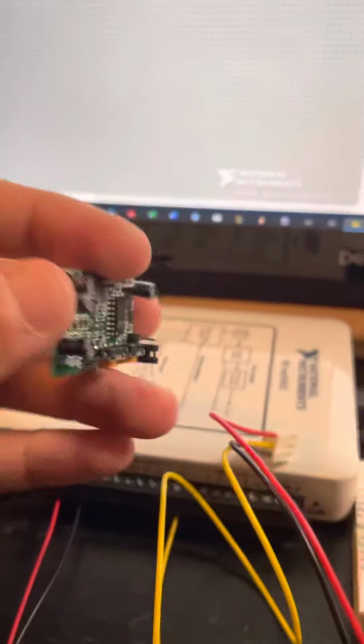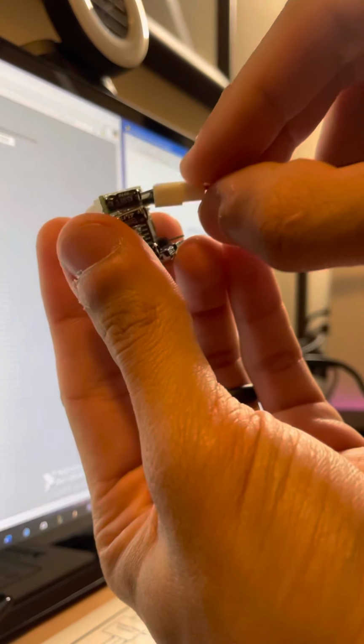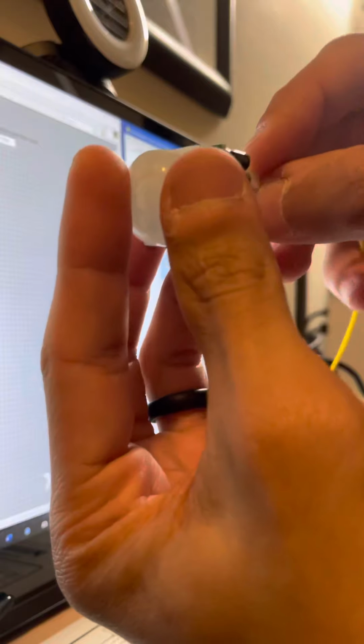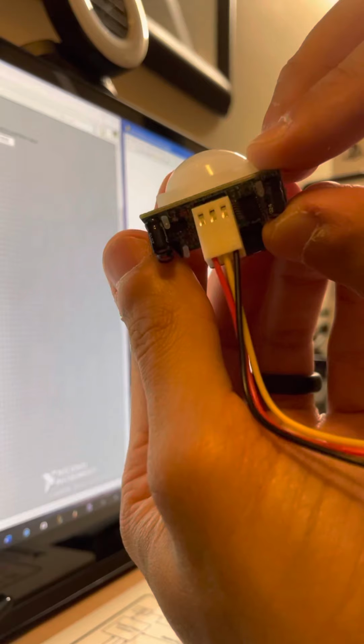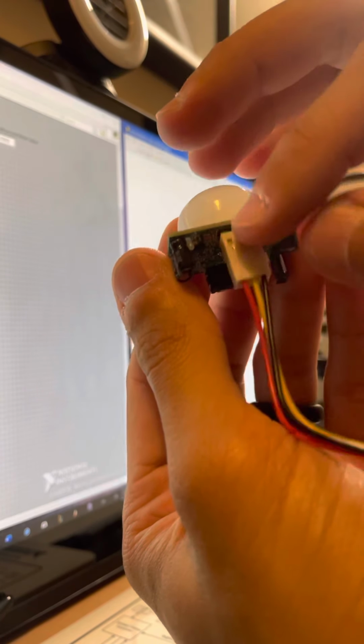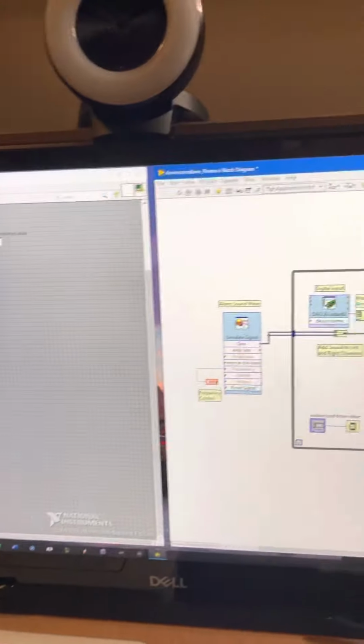So let's go ahead and put that back. We're going to put the 5 volt towards the left side since we already know that. Sorry about the video. I'm going to put my phone down over here while I'm connecting this, okay? So we got those cables, and we're going to put the right one to that left side: red, yellow, and black. 5 volt, ground, and signal, okay? All right, so now that we got that already set up and I got it all explained,